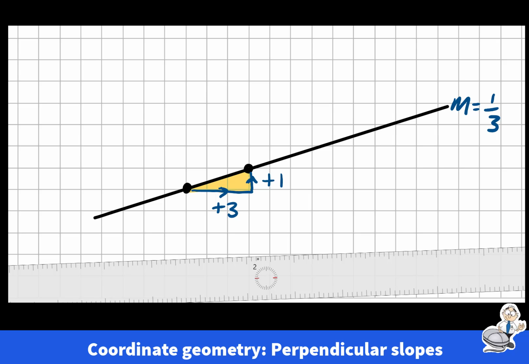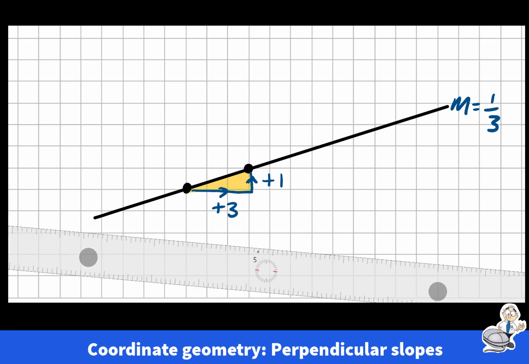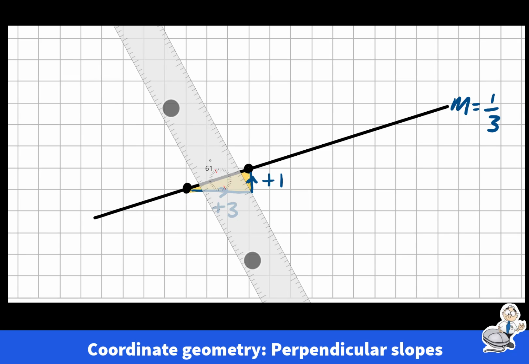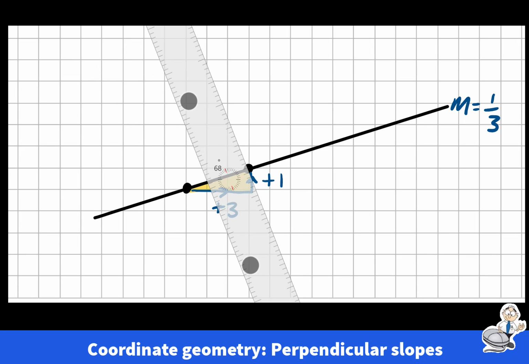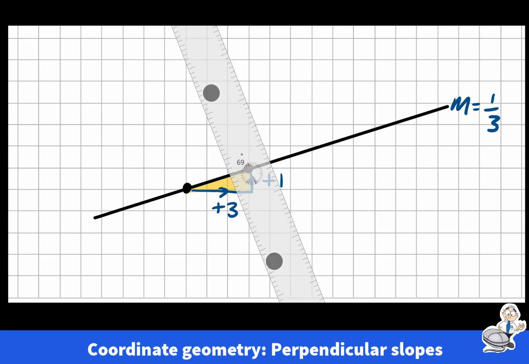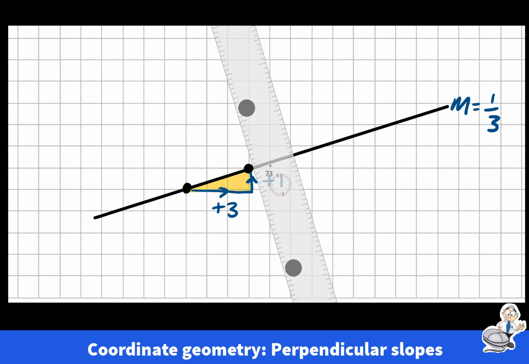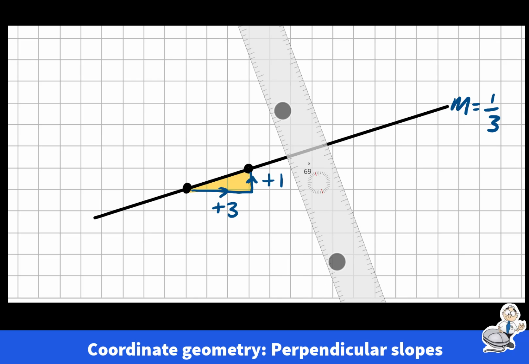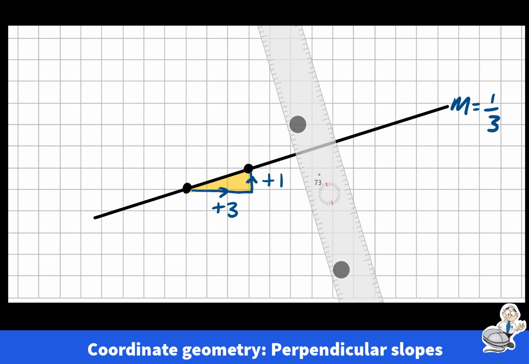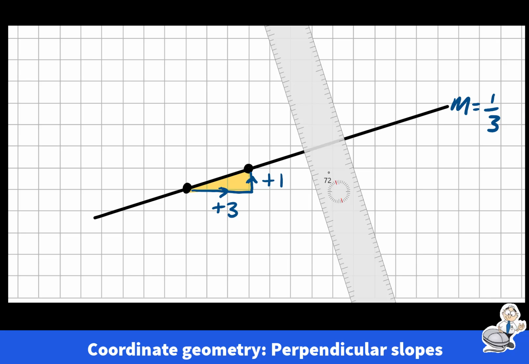Now, what would a perpendicular slope to this look like? So again, if you had a set square, when does it look perpendicular? Is it something like that maybe? Is that perpendicular? What do you think? It's a line like this, and obviously there are loads of perpendicular lines. What would it look like? Something like that? Okay. Now, you could cheat with a set square, but